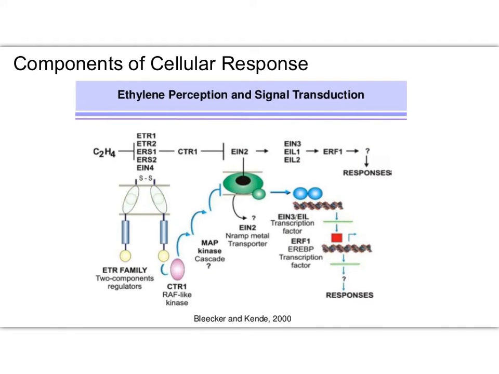So let's look at this example. This is another example here, and this is happening in plants. We're looking at ethylene. Ethylene is a plant hormone. Ethylene is the plant hormone that causes fruits to ripen. If you've ever had, like your grandma or your mom, has fruit that's not quite ripe and puts it in a paper bag on the counter, what they're doing is they're trapping that ethylene gas,